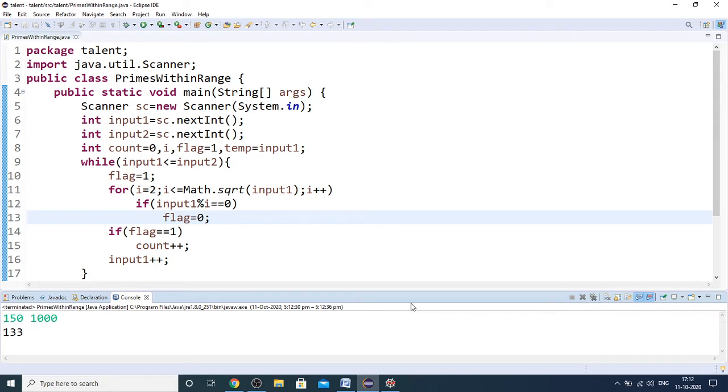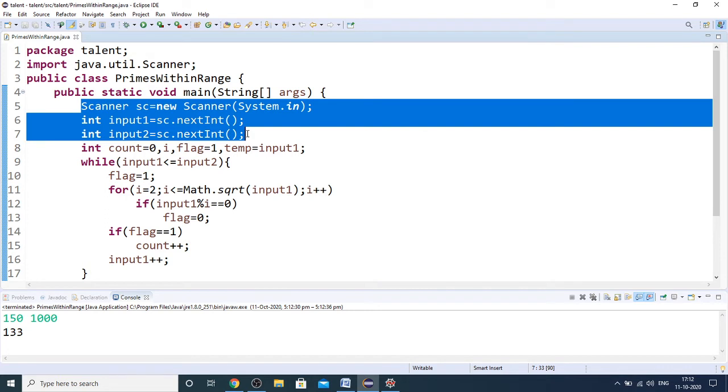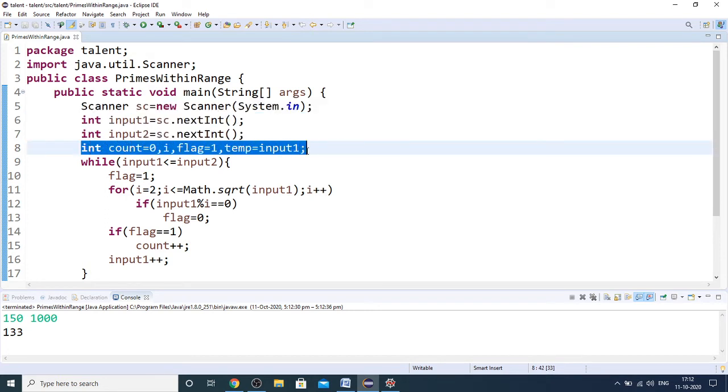Now coming to the code, as said in my previous videos, you don't read any input. You start writing from this line 8. So count I have taken for counting the prime values, i for loop purpose, and flag I have taken for checking if a number is a prime or not.